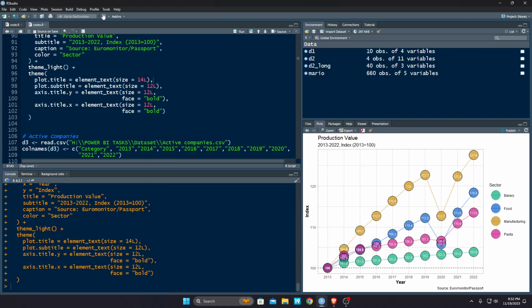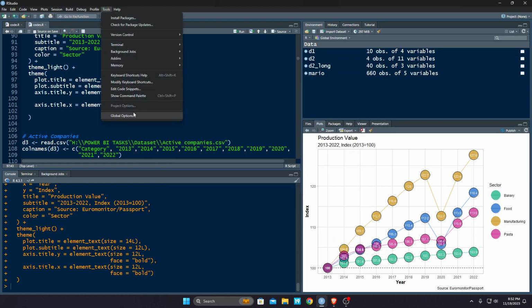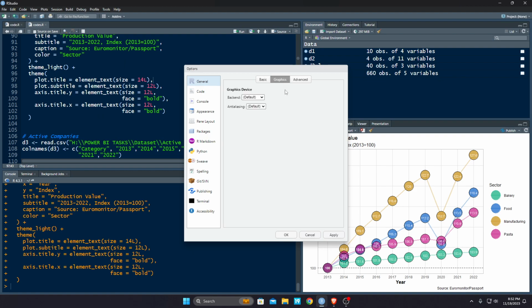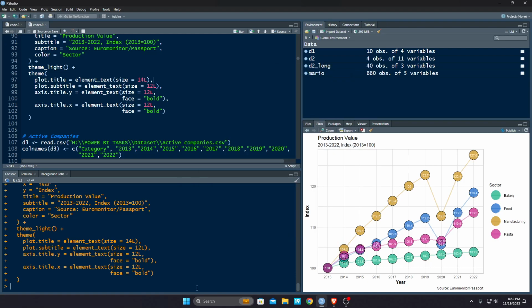So to fix this and to get a more modern type of graph, be sure to change the backend to Cairo, apply, and make sure you install the Cairo package. So install.packages("Cairo"). If you just write this and hit enter, then the Cairo package will start installing. Now if I regenerate the graph,